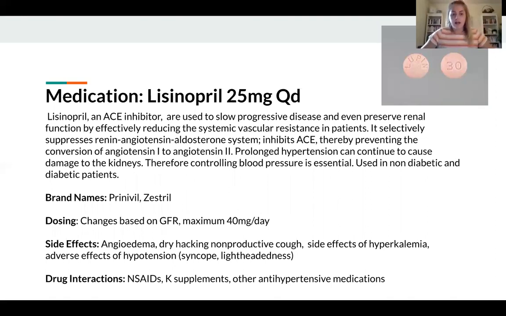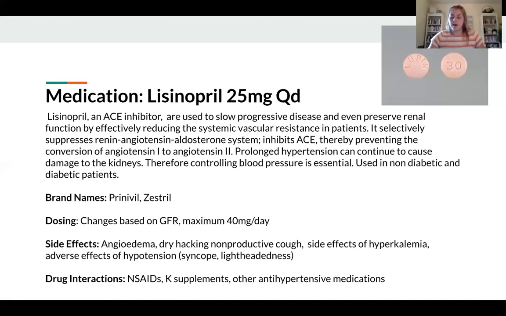So, as Chelsea was saying, Joseph is on lisinopril, 25 milligrams once a day, and it's an ACE inhibitor. They are used to slow the progression of the disease and even preserve renal functions by effectively reducing the systemic vascular resistance in patients. It suppresses the RAS system and inhibits ACE, therefore preventing the conversion of angiotensin 1 to angiotensin 2. So prolonged hypertension can cause damage to the kidneys, so this is very important for kidney patients